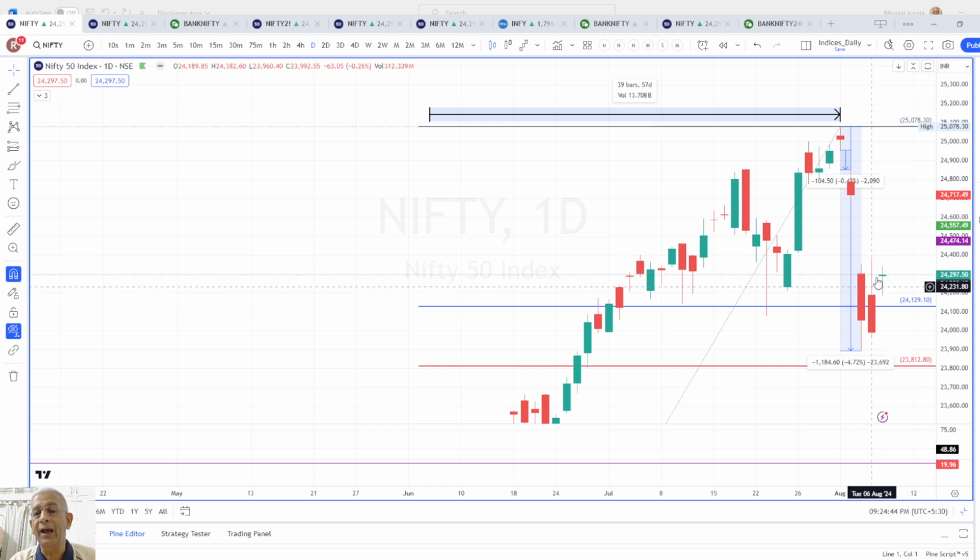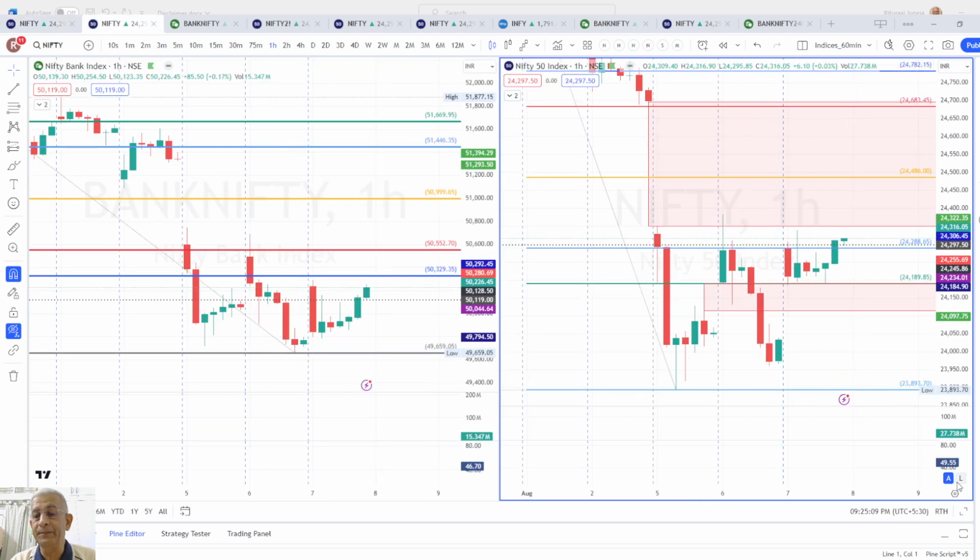Coming back here, what does it look like? Are we back into the bull zone? Not yet. But are we in the bear zone? No. So we are only sustaining the previous bear zone, but we have not yet entered the bull zone. Clearly, the weekly chart is negative. Daily chart has been negative so far, but the hourly chart of Nifty,